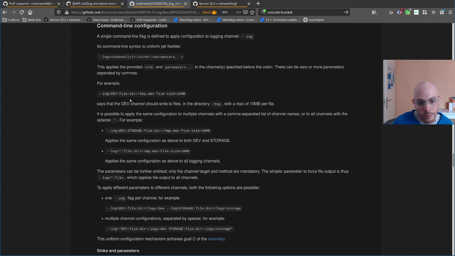This RFC proposes a more homogeneous configuration mechanism with some kind of DSL in the command line. DSL means that in theory we could imagine a world where this configuration goes into a configuration file separately. But for now, CockroachDB takes all this configuration on the command line for reasons. And we're going to follow this pattern, but make it more flexible, nevertheless.